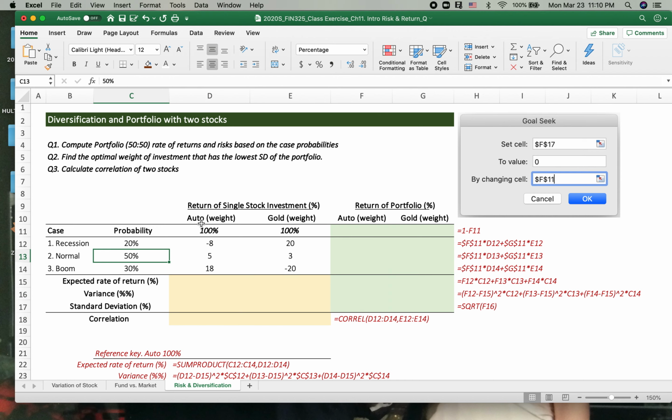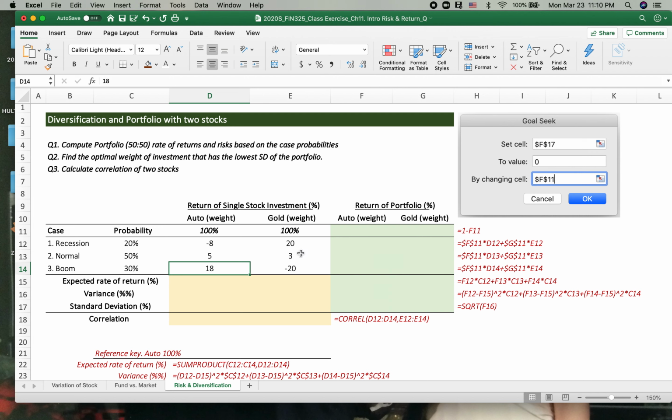So we have two totally different types of stock, auto stock and gold, which is the real asset. And the three different types of economies, the recession case, normal case, and the boom case with different probabilities. So the auto stock usually makes more profit, definitely on the boom